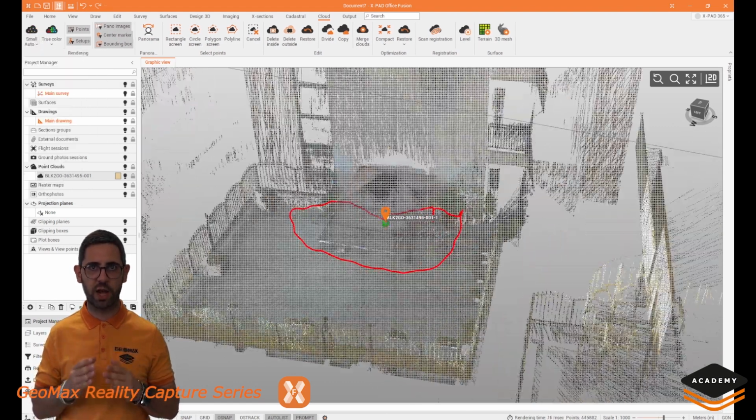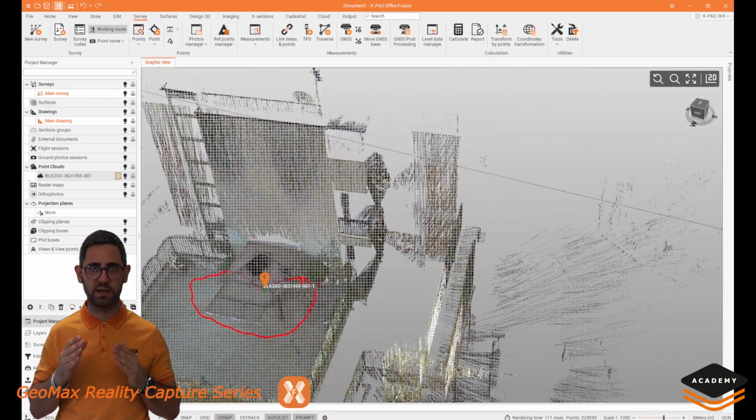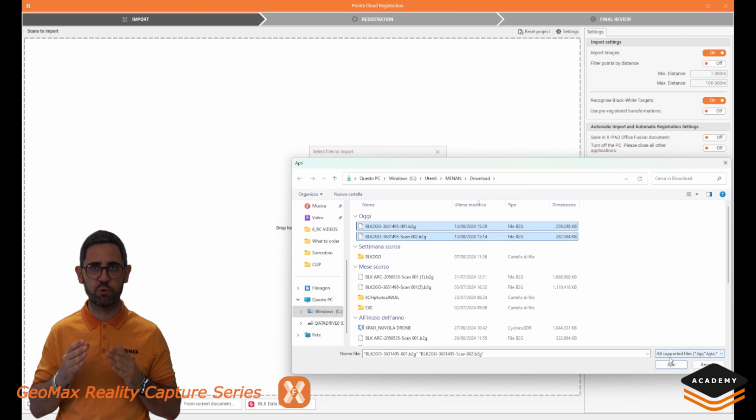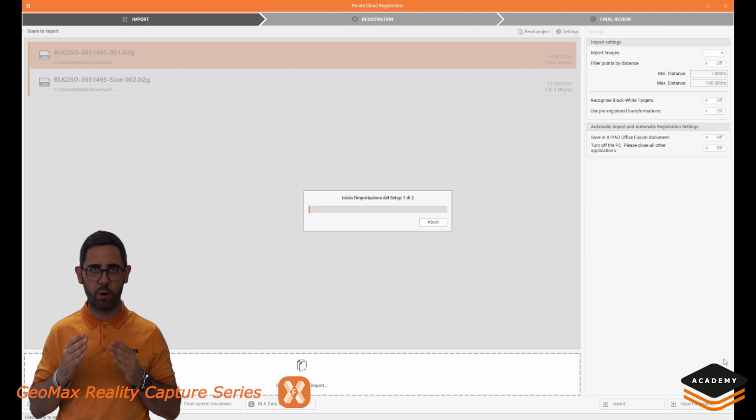If you want instead to align multiple scans, we can go directly to the dedicated menu for the point clouds and here choose Scan Registration. In this case, we have several options to import a file. We can download the B2G format file by connecting the instrument to the BLK Data Manager or directly dragging here